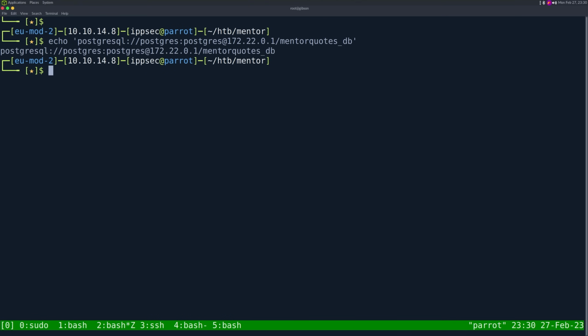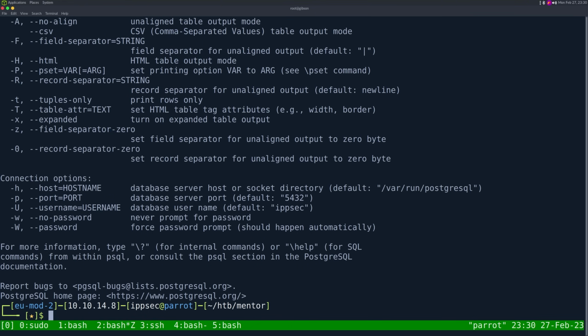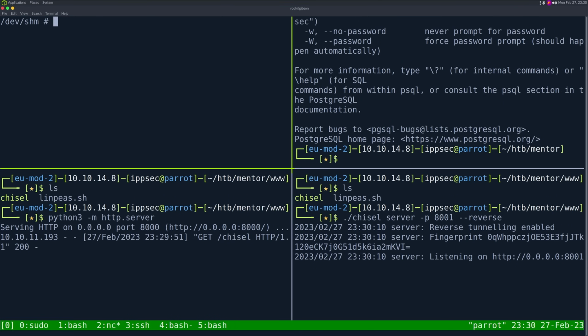I want to say like 54321. So let's do psql --help. 5432 is the default port of Postgres. So let's do chisel client, and we can connect to 10.10.14.8 port 8001, and we're going to do a reverse on port 5432